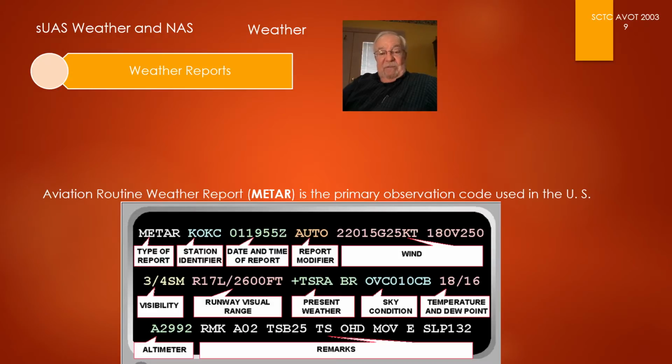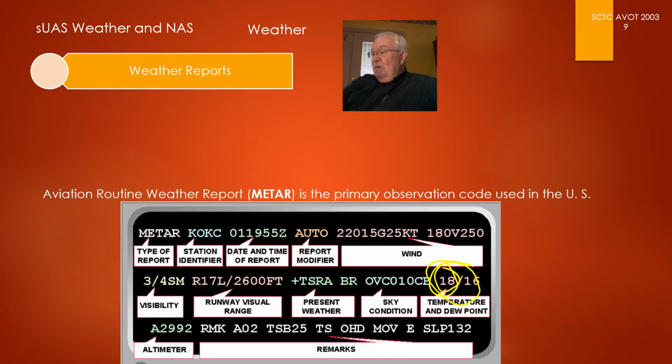And you have to look for the temperature. So let's see, temperature would be right there. All right, 18 degrees. So this is something that you ought to be familiar with.